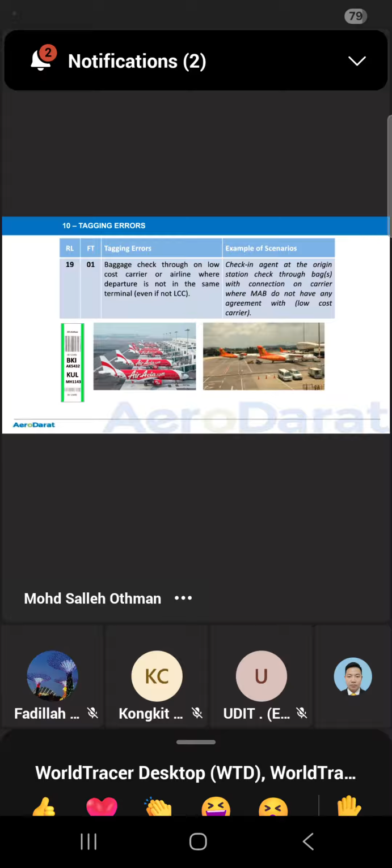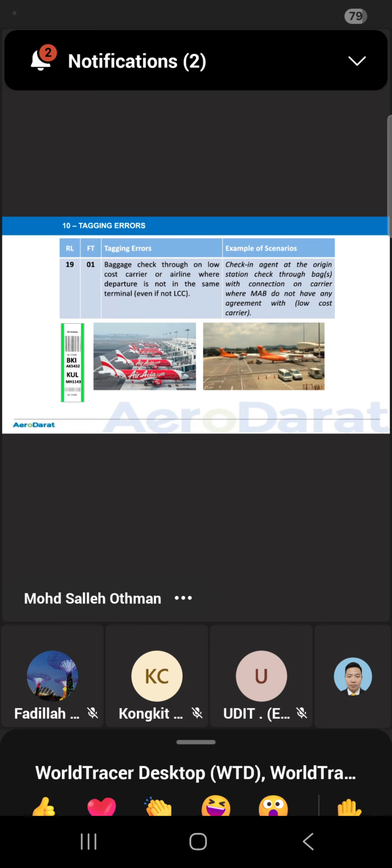In case the passenger is demanding, we have to do the courtesy report, but we have to deliver the luggage to the passenger. Sometimes the passenger will get compensation. If you are unsure, you just advise the passenger to refer to customer care if they want to claim the incidental expenses. That's why they have an RL19. If we reject the report, definitely we don't have this RL because we don't proceed with the report. We still have to do the report.